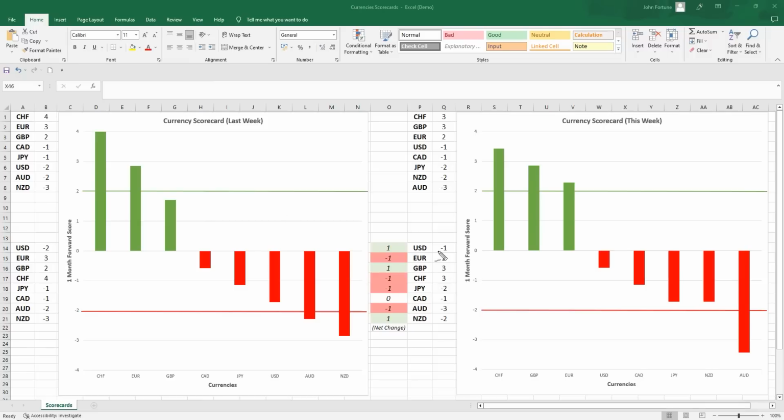So the first thing to note is the dollar is strengthening in the scorecards. Although it's not bullish in the scorecards, it is actually not as bearish as it was before. So again, supportive of a near-term bottom. And we also have the Swiss franc coming off of +4 for the first time. Now, when markets do this, they tend to, in this case, form a near-term top.